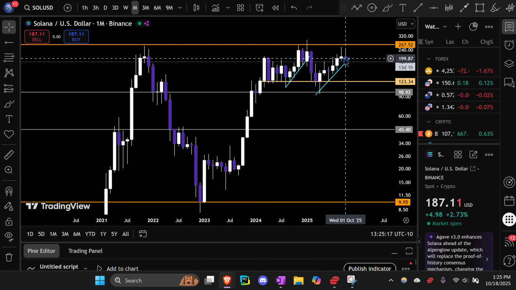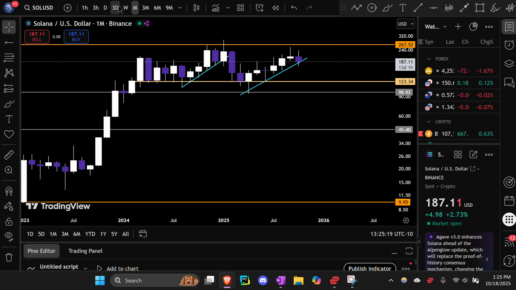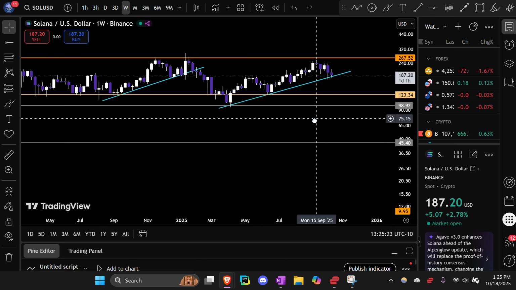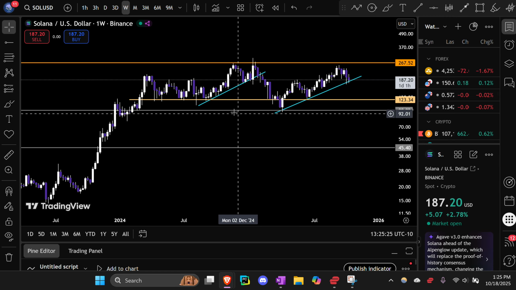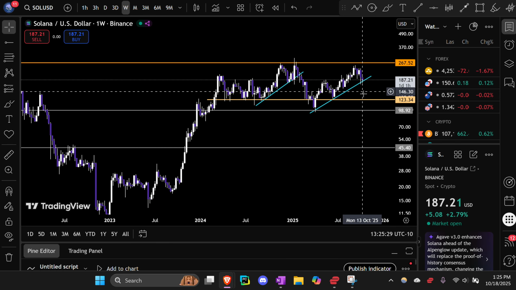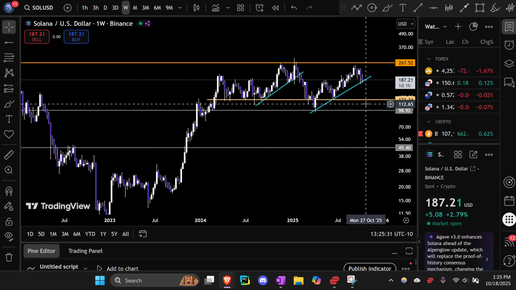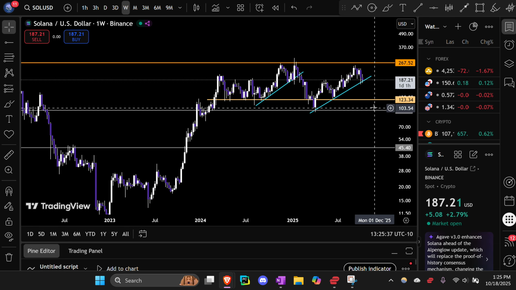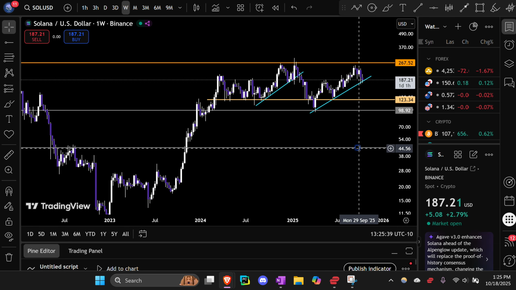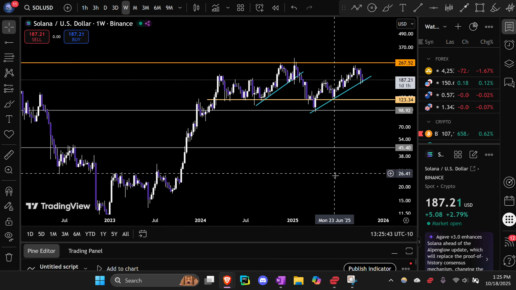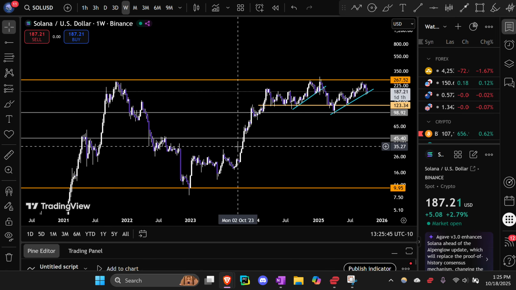Or if it holds this, pretty much this trend line and this level right here of support are what's holding this price right now. If price breaks this trend line and then goes down to this support, if it breaks this too, and if it breaks 98, then we're gonna see price go back to 46, 45. And if it goes any lower,